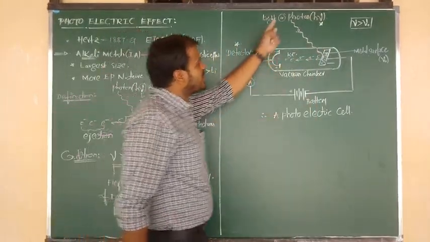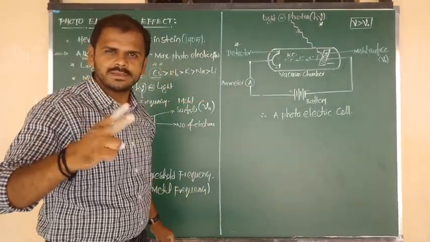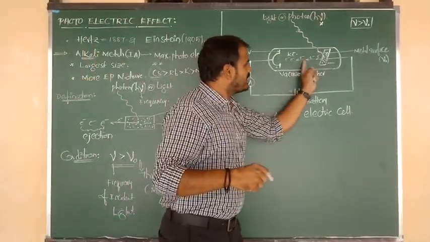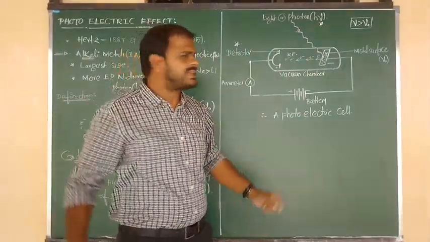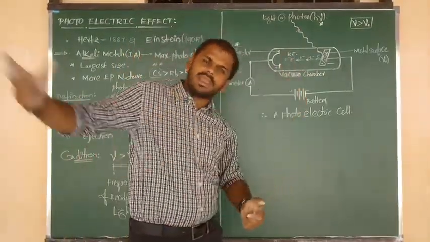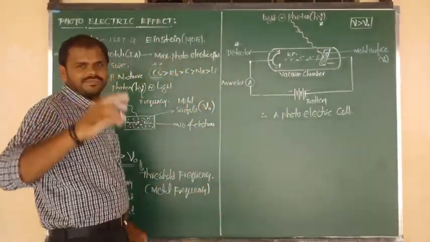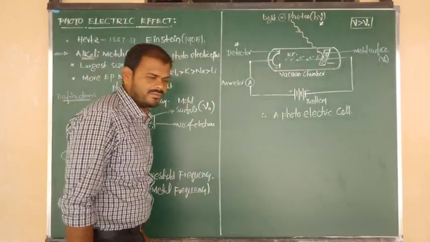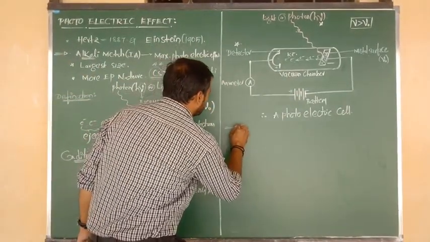Okay. So total energy of the photon we are utilizing in how many ways? Two ways. Number 1, for the removal of electron. The remaining energy is released in the form of kinetic energy of the electron. So based on these two observations, we have to write the equation. Once again, I am going to write observation number 1.